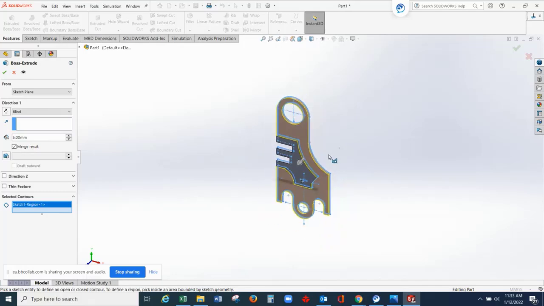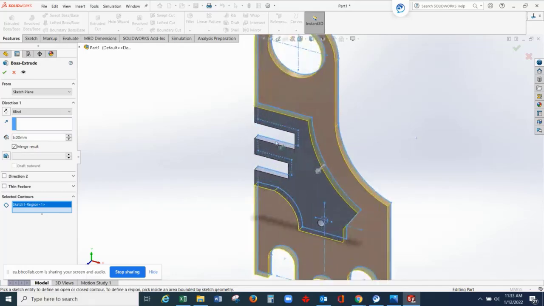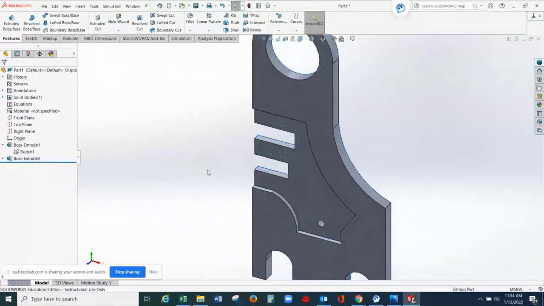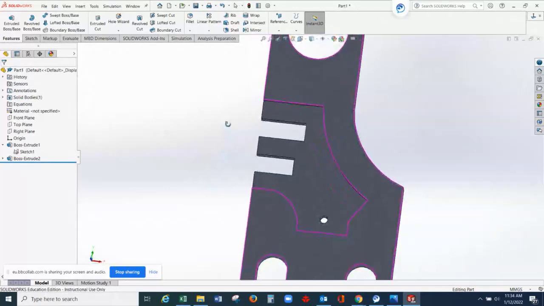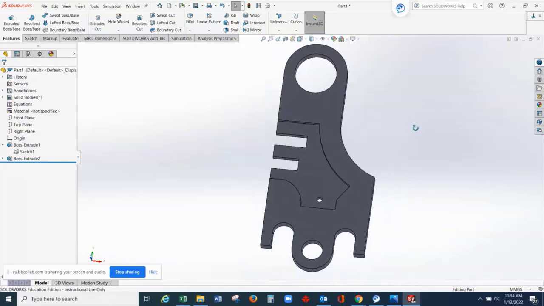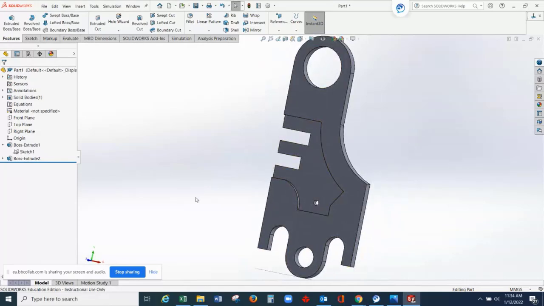But look at your drawing. The inside part is not included, only the outer part. I will change this one to, let's say, 8, just to make a difference with the first region. So I have two parts here, this one and this one. So I'm ready now to take the area.